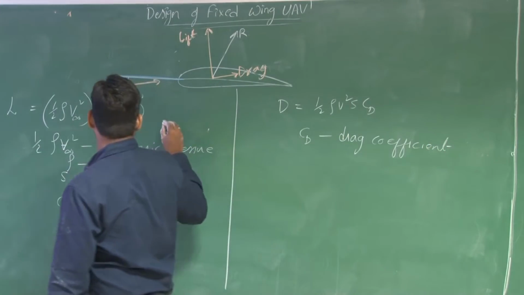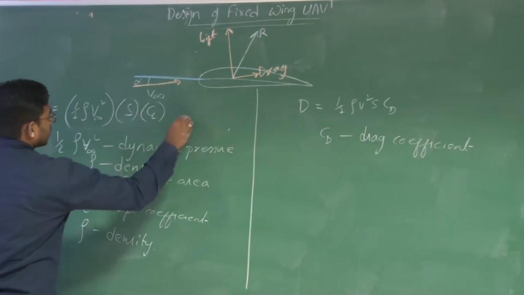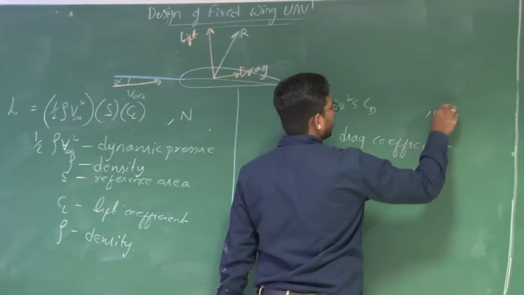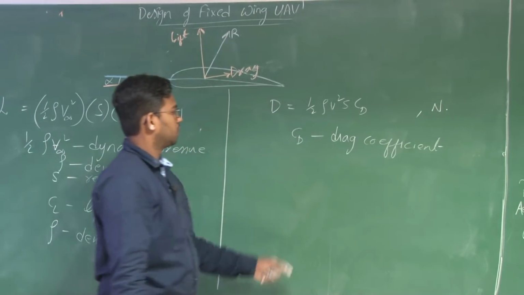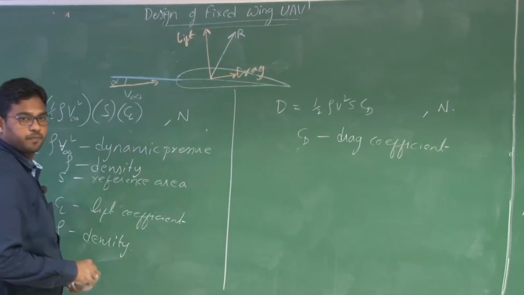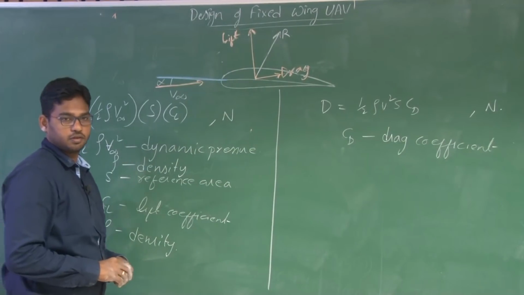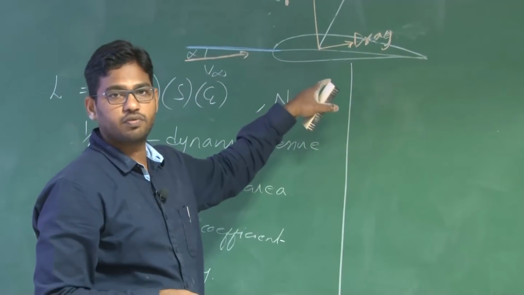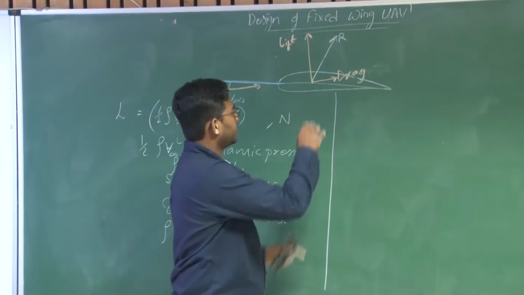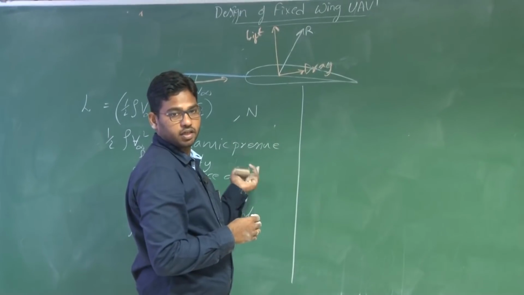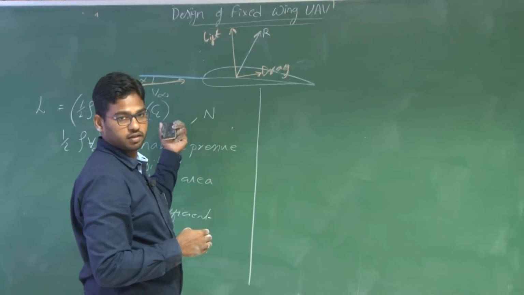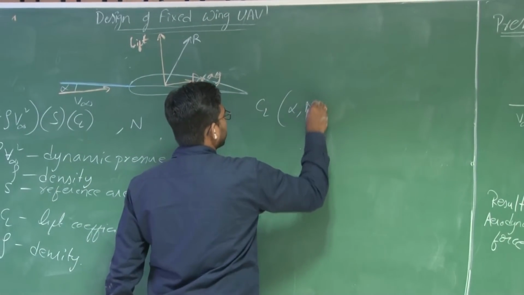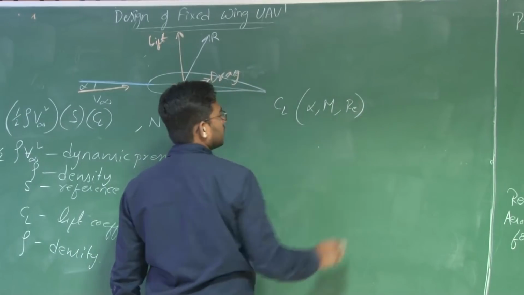So what are the units of lift? Newton, right? Units of drag is Newton. What about units of CL and CD? They are non-dimensional quantities. Let us now assume that we place this aerofoil inside a wind tunnel and vary the angle of attack and measure the corresponding CL. See here, the CL is a function of alpha, Mach number, Reynolds number, right?